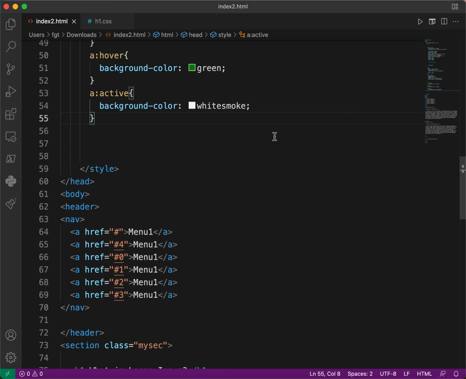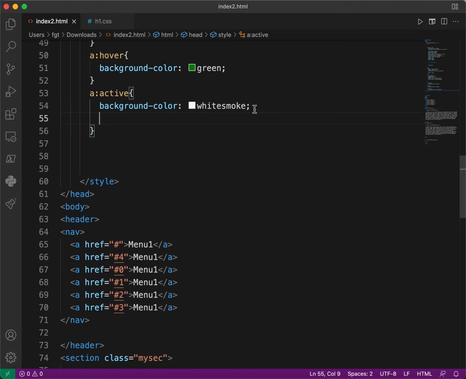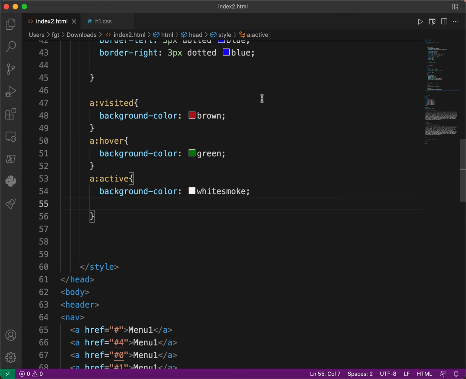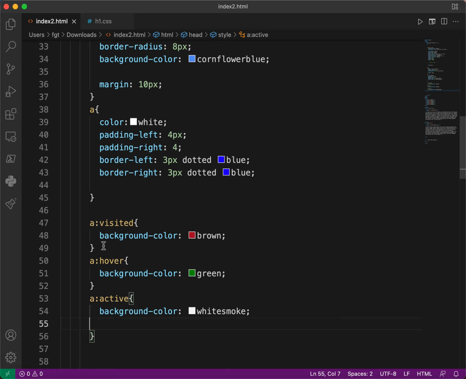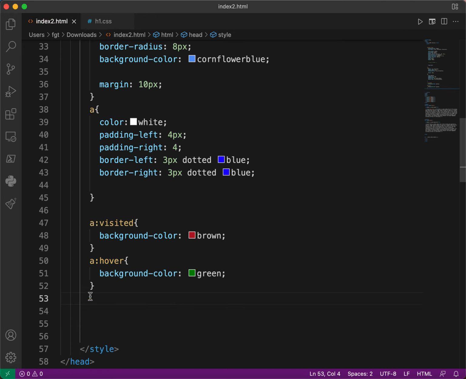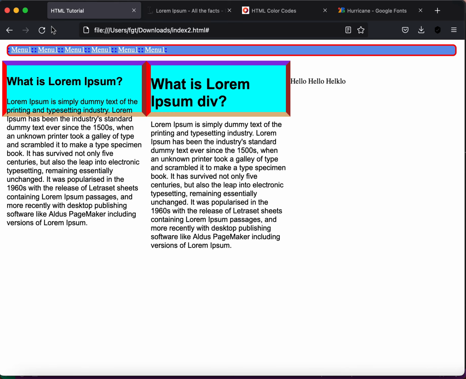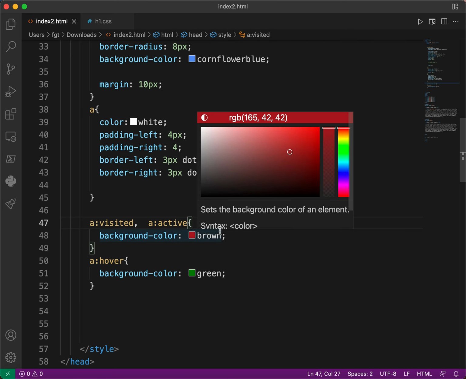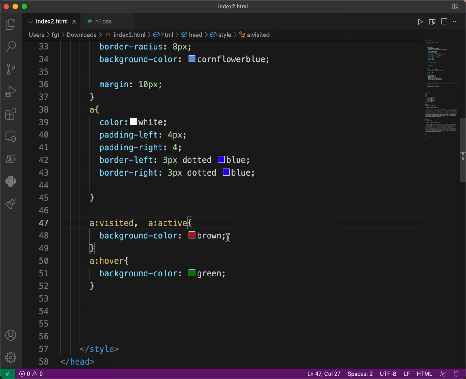We can also use two together, like a visited, for example, here in the active. Let's copy active like this and remove this one here. Okay, and we go here, we're gonna do it like this. It's another shorthand. We're gonna refresh. See, this can just save us some time. All right, anyway, we can also say here